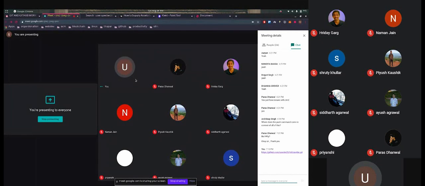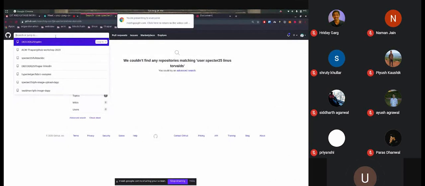But a second workflow is forking a repository. That is the final thing that I want to cover in the workshop. So I will tell you about forking a repository, and we can contribute to open source by the forking workflow. So you cannot push code directly, but you can create branches and push code. And I will review that code and merge it with my master branch if I feel that the code is good. That is a different workflow that I will cover. But let's explore GitHub before that.